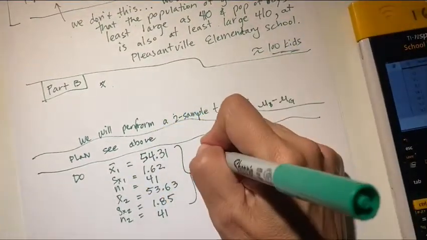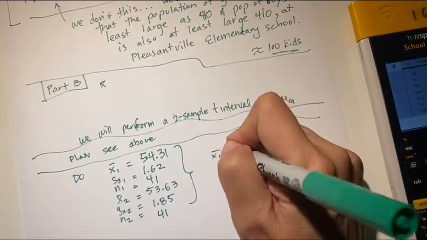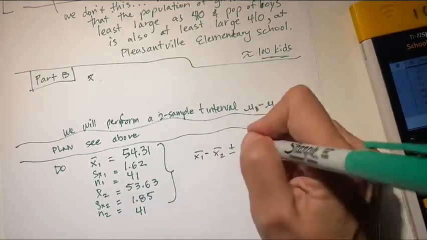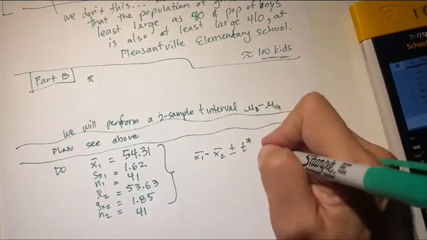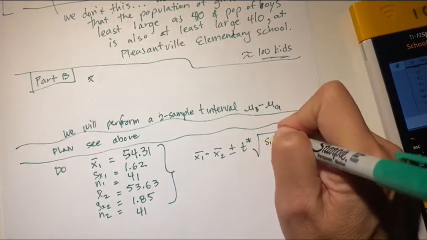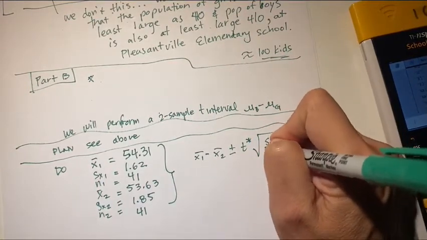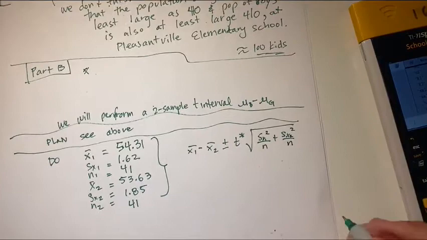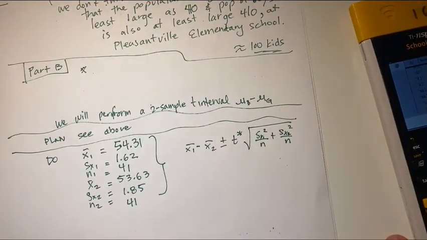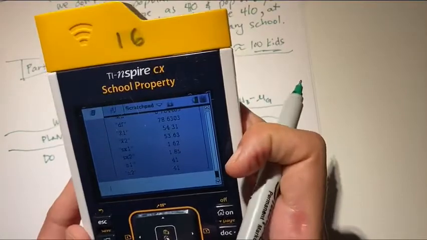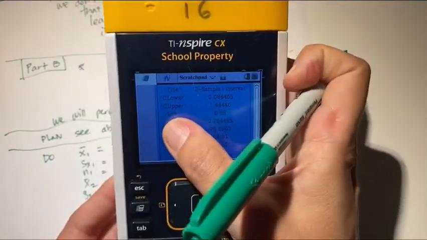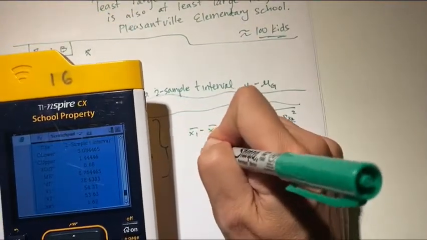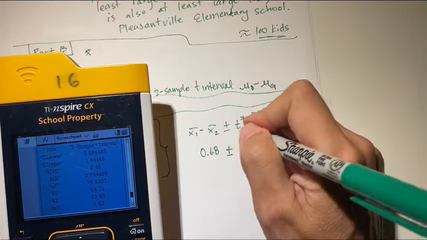So what did the fancy calculator do for me? It took these two and subtracted them and then created the margin of error. So it's going to take the t star that it actually does for me, takes the first s sub x1, squares it, puts it over n, and the second s sub x2 squares it and puts it over n. And so what happens in my calculator is it comes up with this value. The x bar difference is those things subtracted. I get 0.68. And all this margin of error,